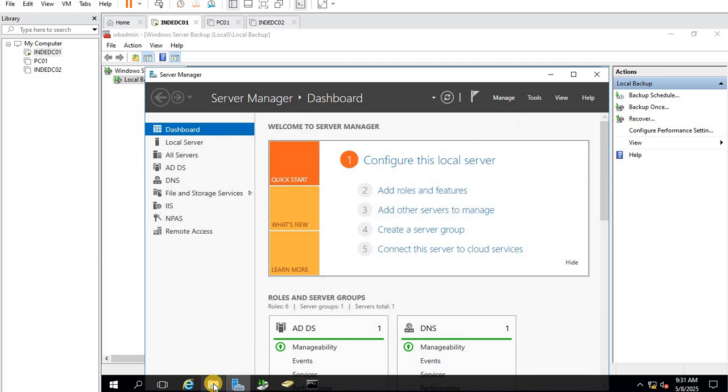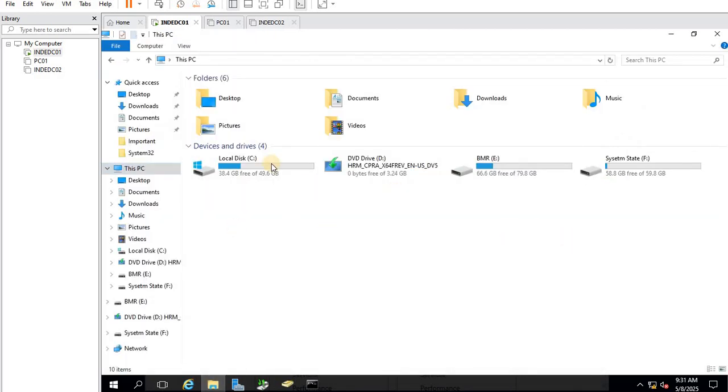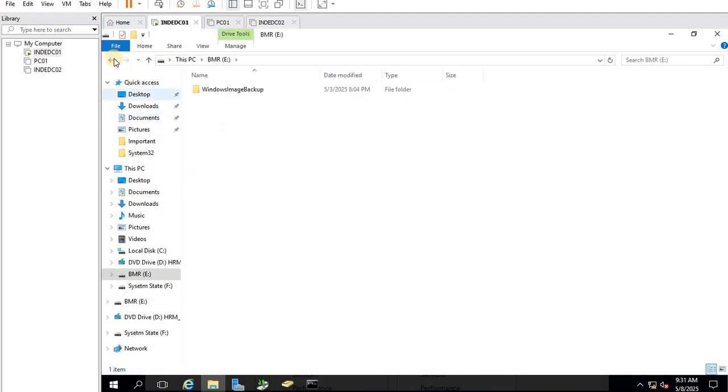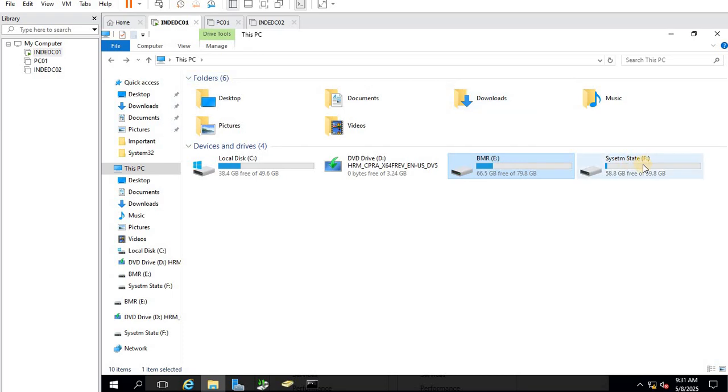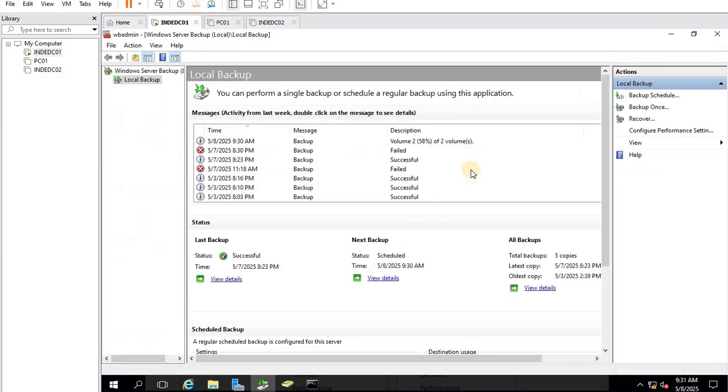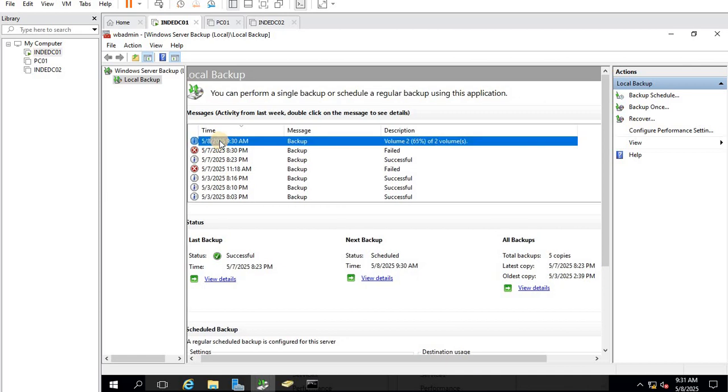I have also added two more drives where I am going to take the BMR backup, and here I am going to take the system state backup. And I have also configured, I will show you later, or you have seen already, image based backup by using this Windows Server backup feature.